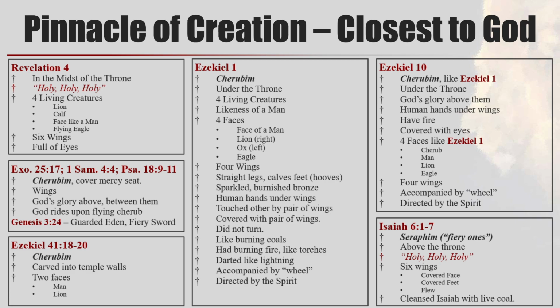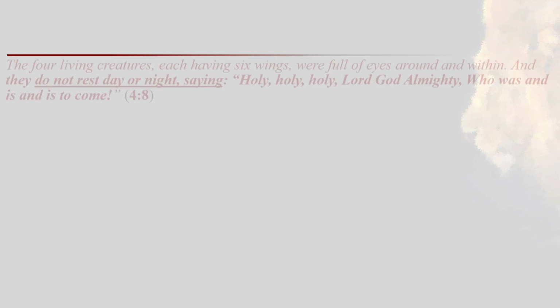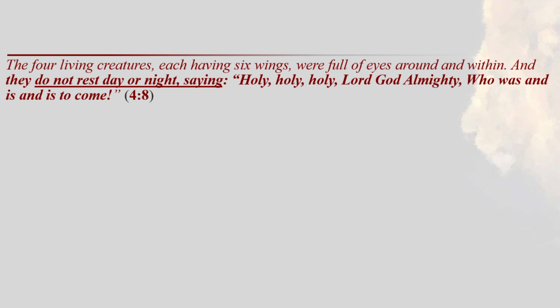So I think all of these things are representing the pinnacle of God's creation. We have the top of humanity, we have the top of the angelic beings, and the top of the, I would say the top of the world, but this is the top of the universe, right? So this is the pinnacle of all things. This is the height where God is at his highest, and we have the highest of his creation being represented. And beyond both angels and humans, they have this very special seat where they're actually partaking in God's throne.